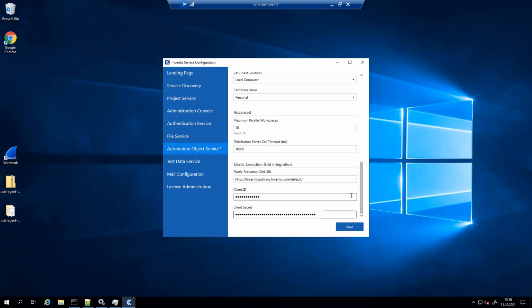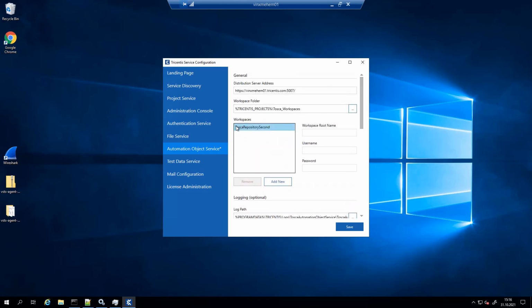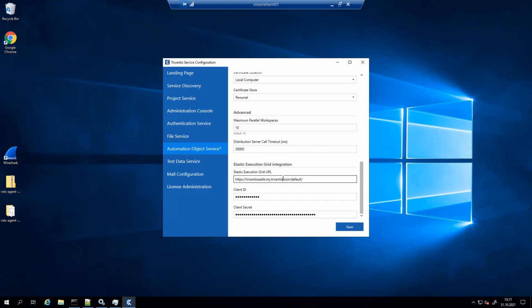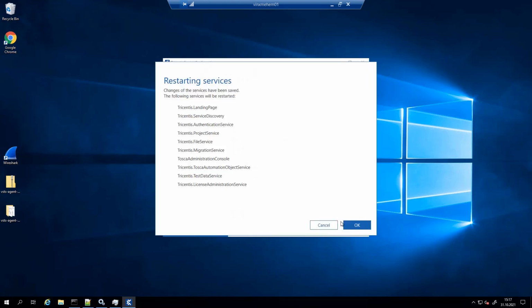And that's it. If you already have the automation object service configuration ready, like I do here, the repository configuration is already entered, and the DEX configuration is also entered. I was using DEX previously, and I would like to use automation object service also to communicate with Elastic Execution Grid. To do so, it is nothing more than adding the configuration and the URL to E2G. After I'm ready, I can click here on save,